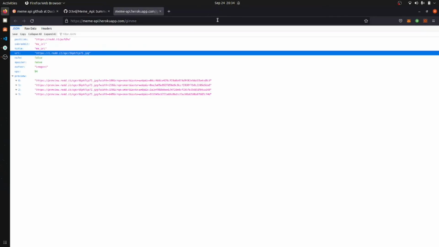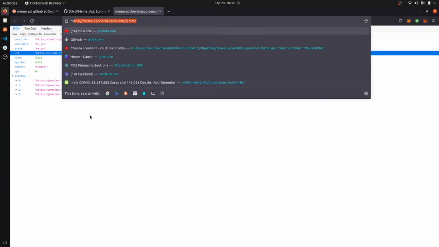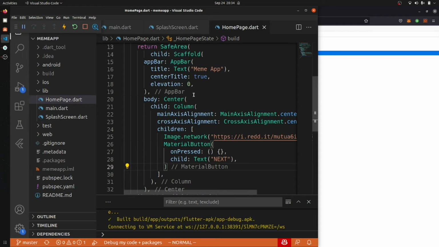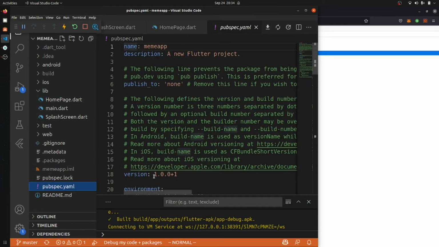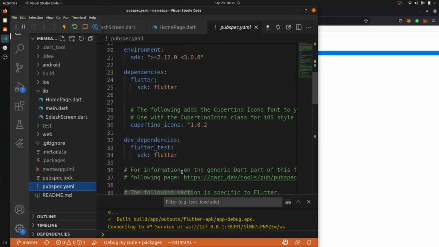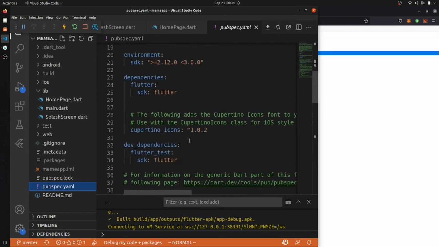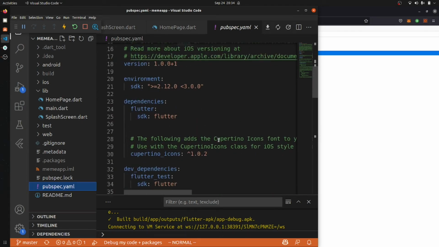So what we are going to do now is fetch this API. How will we fetch it? For fetching an API, you just have to import a package that is not directly in Flutter. You have to just call the HTTP. So I am coming over here and I will type HTTP, and save.